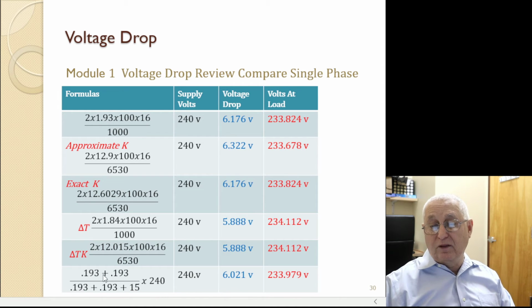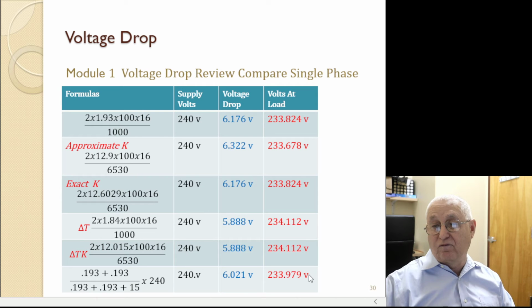And that formula just says that it's like R1 over the total resistance times the total voltage is going to give you the voltage drop. So here, 0.193 plus 0.193 over 0.193 plus 0.193 plus 15 times the supply voltage, we get a voltage drop of 6.021 volts, and we get